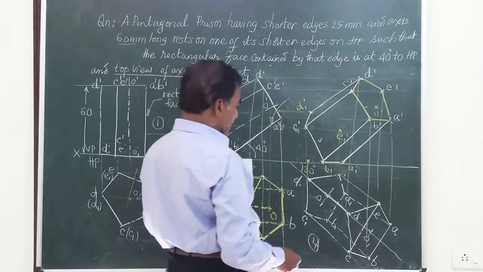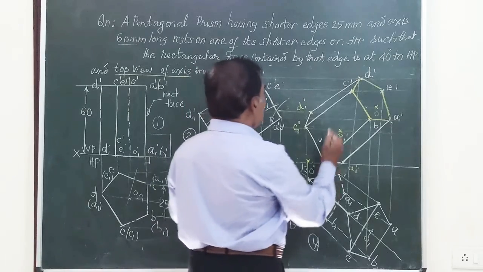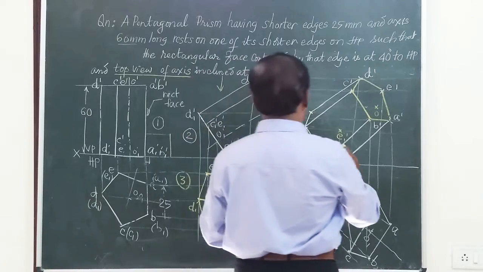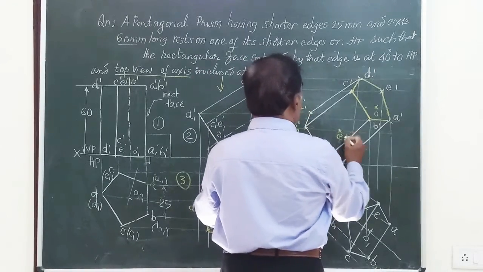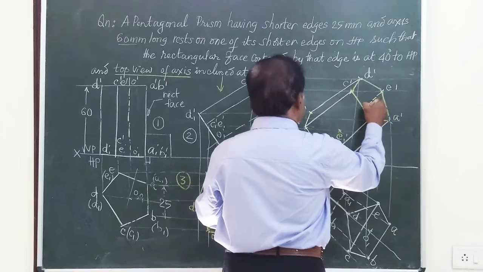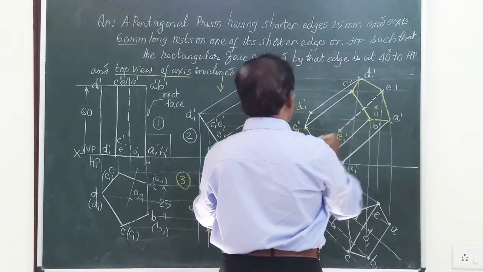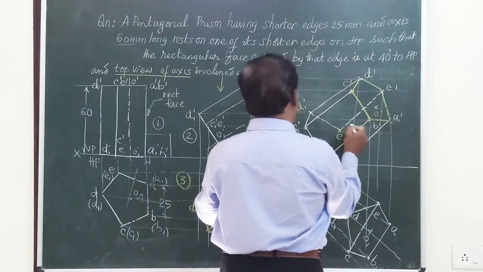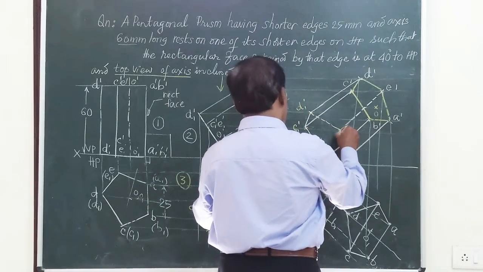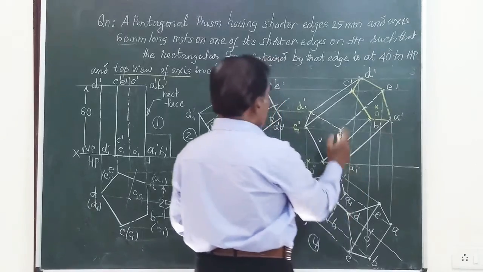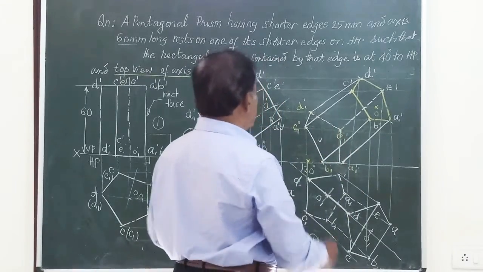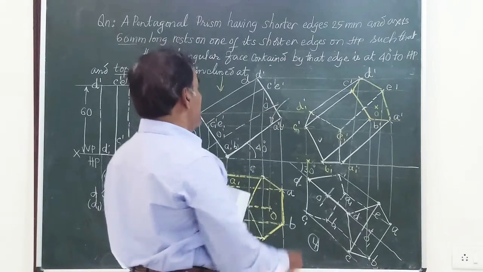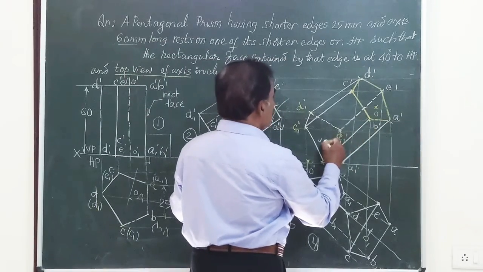So this will give you the complete thing. And you can observe here, friends, here you are not able to see this corner. This is not visible to the observer. E1 is not visible. Similarly, this is not visible. The edge here is also not visible. When this point is not visible, E1 dash is not visible, all other lines are not visible. Hence, we can have this as the final top view.